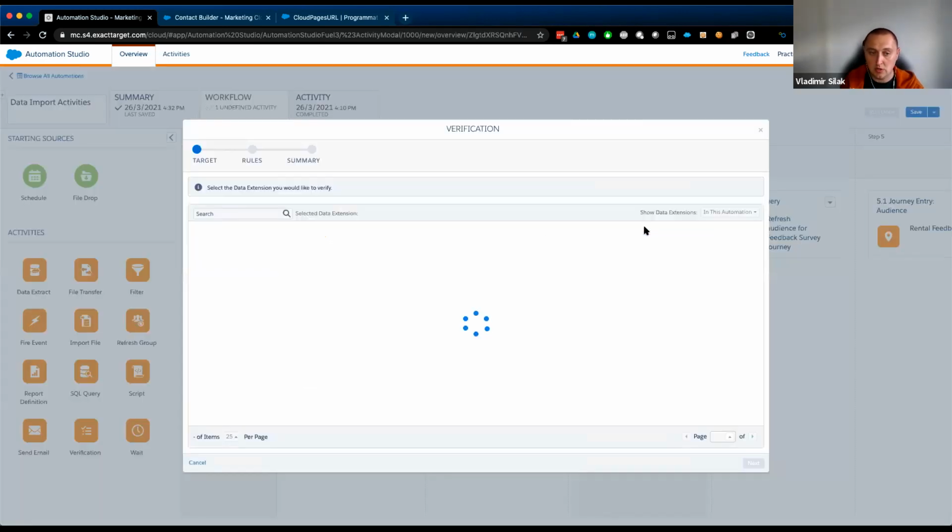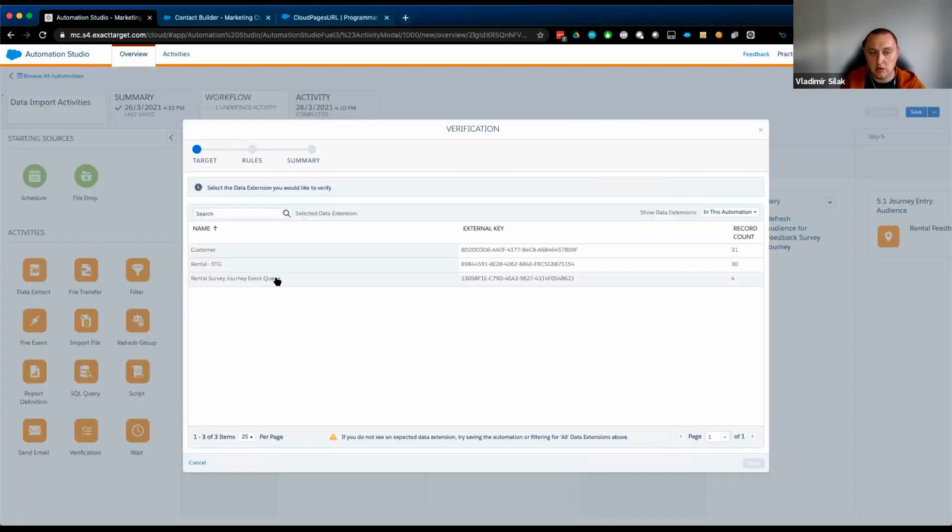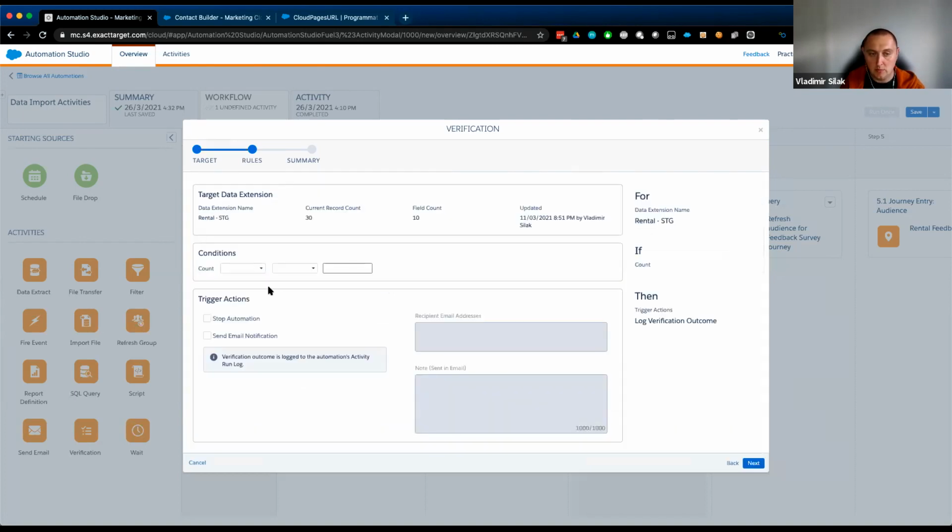That step is really cool, because when you look in and say, okay, if I looked into the rental staging data extension, or customer, or whichever one, let's say rental stage, then we're saying, if the count is equal to 0, so if the data extension is empty for whatever reason, we want to stop the automation. So the system says, once you meet this criteria, we're not going to progress any further. You can send an email notification if you want to, but sometimes it could be as simple as,